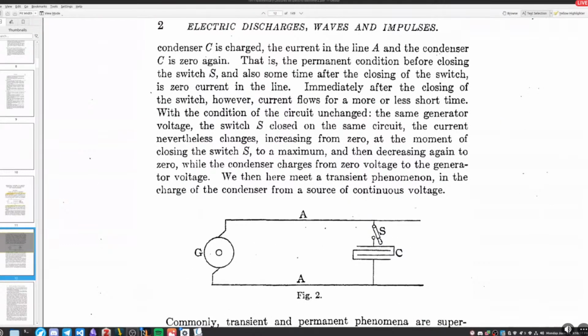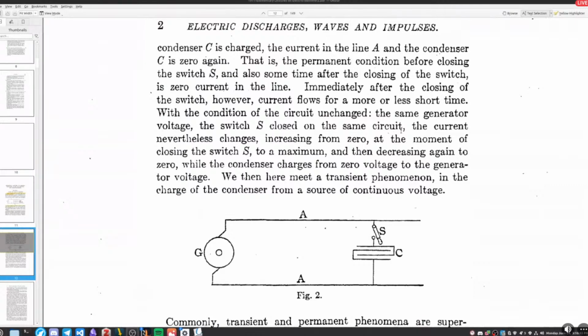That is the permanent condition before closing the switch S. And also, sometime after the closing of the switch, there is zero current in the line. Immediately after the closing of the switch, however, current flows for a more or less short time. With the condition of the circuit unchanged, the same generator voltage, the switch S closed on the same circuit, the current nevertheless changes, increasing from zero at the moment of closing the switch S to a maximum and then decreasing